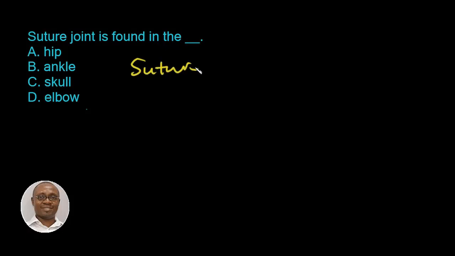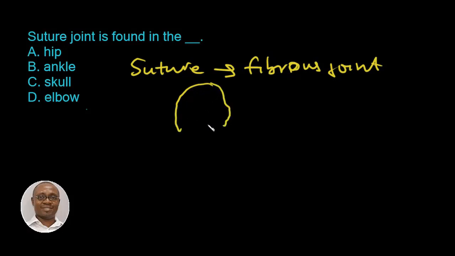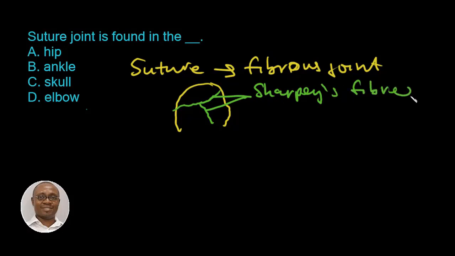A suture is a type of fibrous joint that is found in the skull. These bones are bound together by Sharpey's fibers. A tiny amount of movement is permitted in the sutures, which contributes to the compliance and